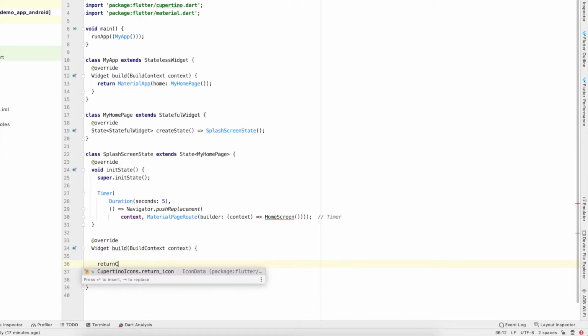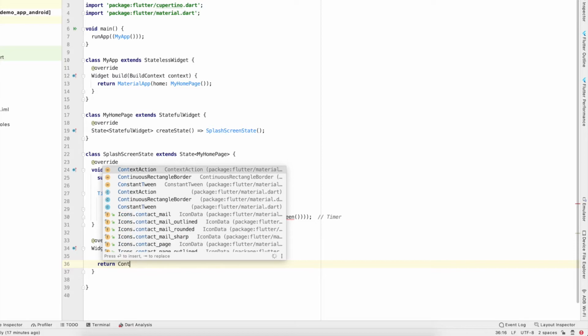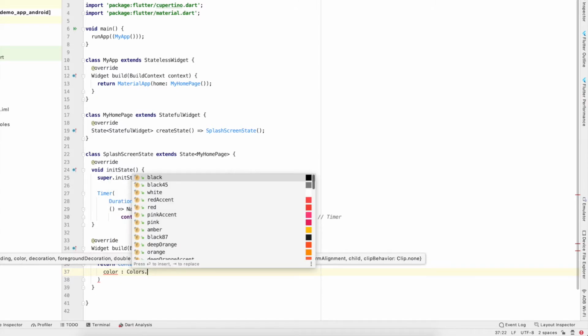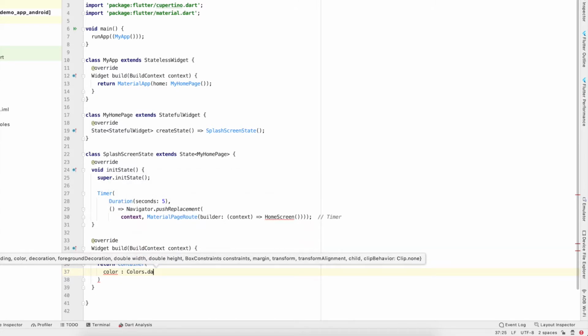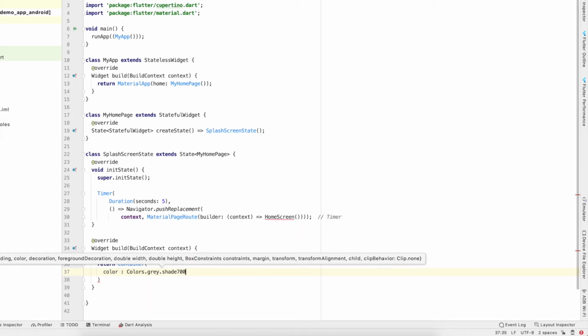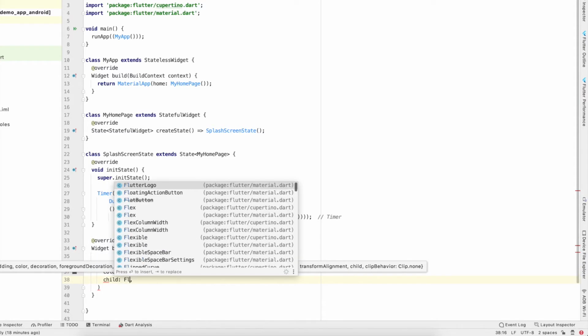So this way I'll create a view. I'll return a Container, and this container will have a background color of dark black or something. I want to give it a gray color. Okay, this will be better, and I'll give it a child of FlutterLogo.